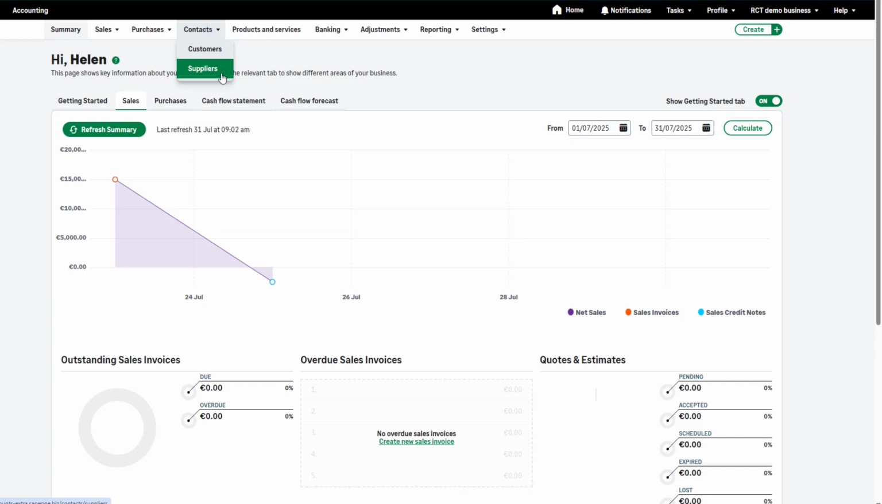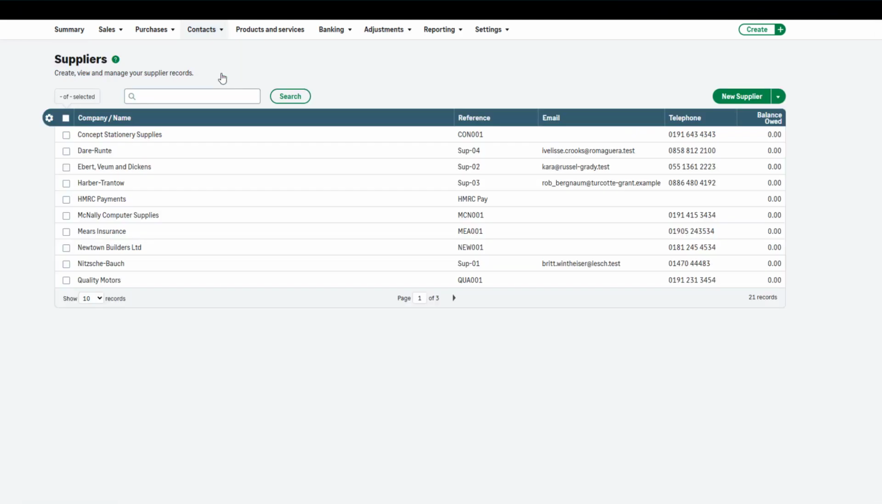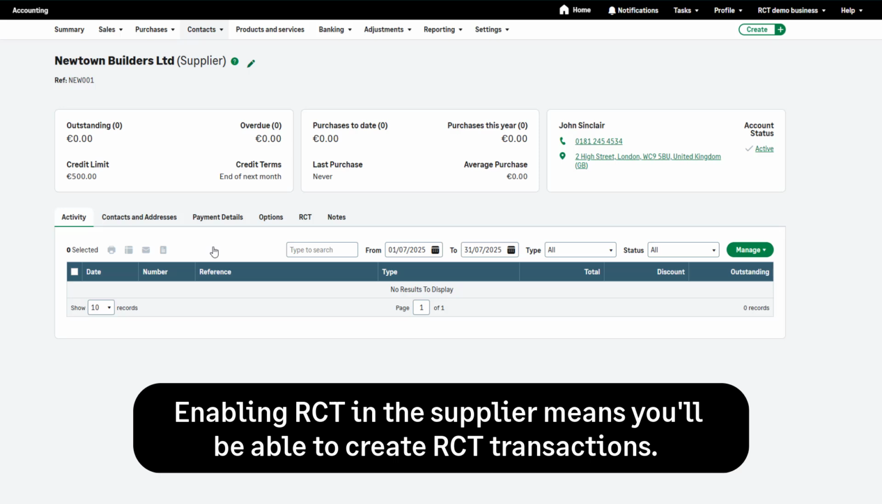Let's move on to supplier records. To mark a supplier as a subcontractor for RCT, navigate to the relevant supplier in the list. Enabling RCT in a supplier record will flag them as a subcontractor and enable you to create RCT transactions for